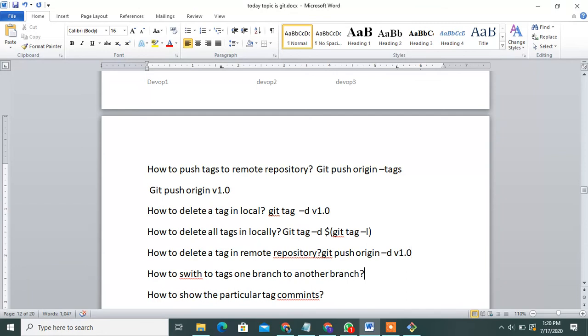How to switch from one branch to another branch? git checkout tag text v1.1. Using this command you can switch from one branch to another branch.